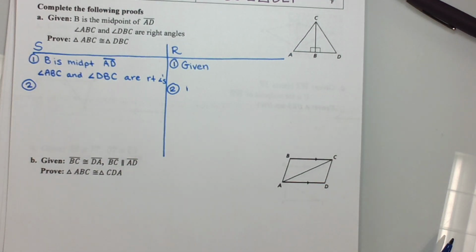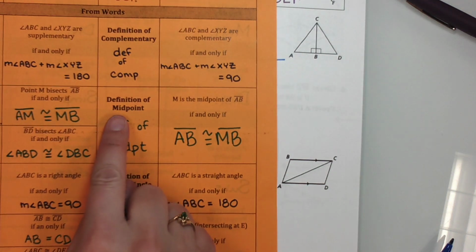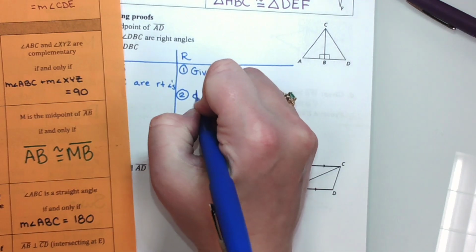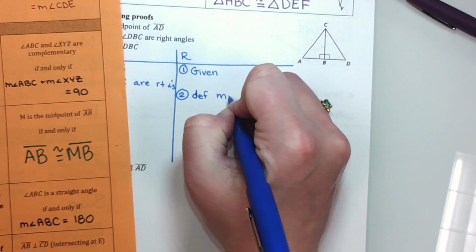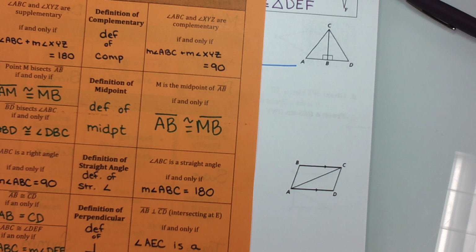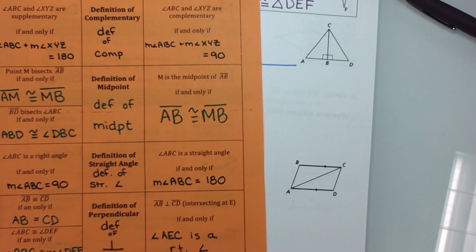Which sheet does midpoint show up on? Orange. Midpoint's right here. Definition of midpoint. Okay. Def, midpoint. M is the midpoint of AB if AB is congruent to MB. That's what it gives me there. So,